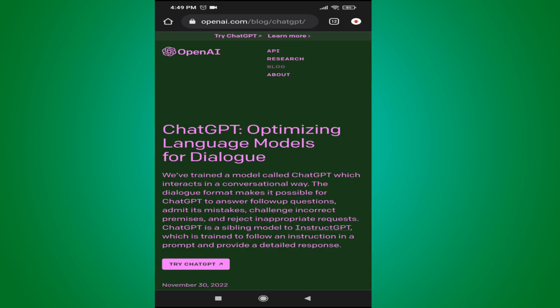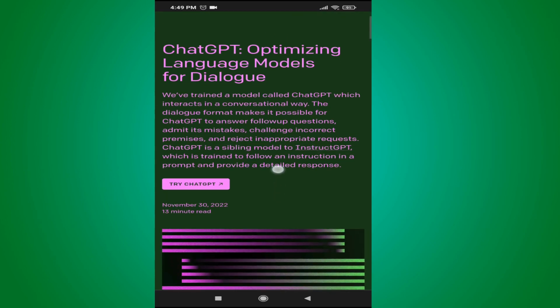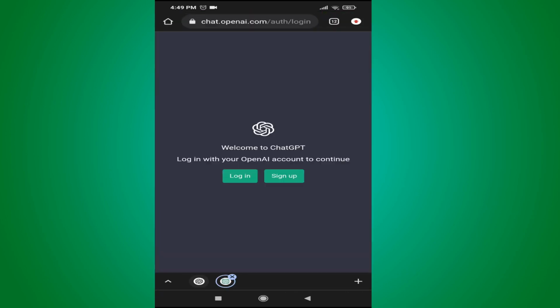After opening the OpenAI ChatGPT website here, you need to tap on Try ChatGPT here. Then it will tell you to sign up or log in here. So as a new user, you have to sign up here. So if you tap on sign up here,